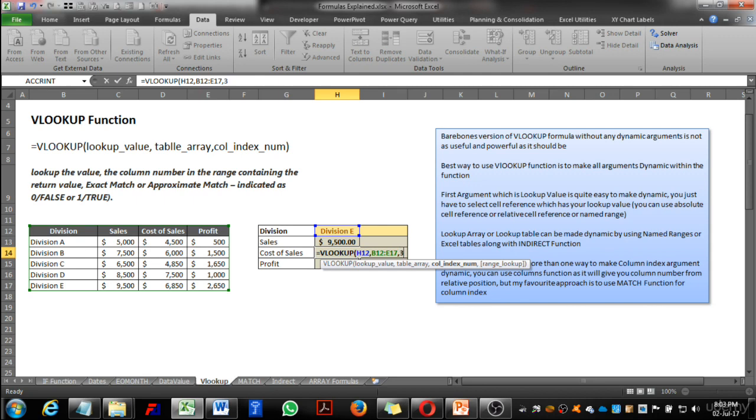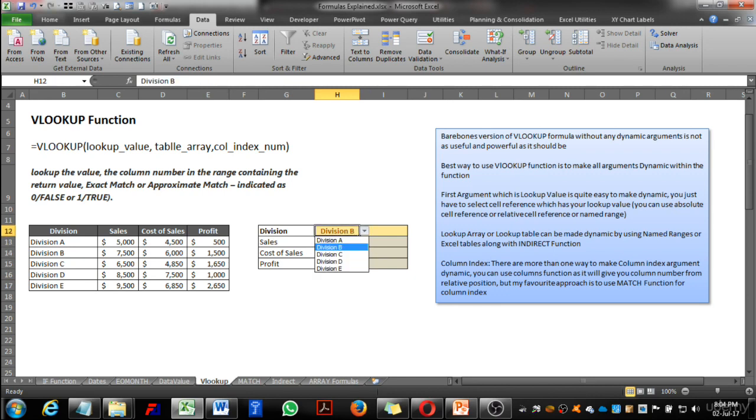So I'll write 3 here in column index, and again we want an exact match, so we'll select false. We got 6850 as our return value, which is correct. As you can see, for division E the cost of sales is 6850, and all the values are changing according to the selection in H12. If I choose division C, I get the relevant sales value for division C, 6500, and the cost of sales accordingly.